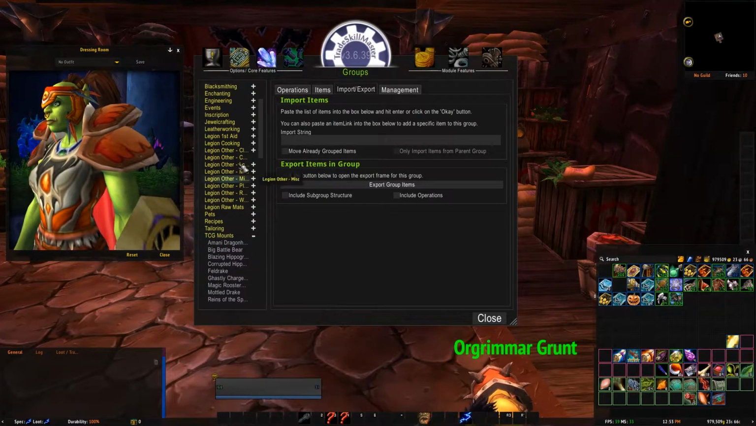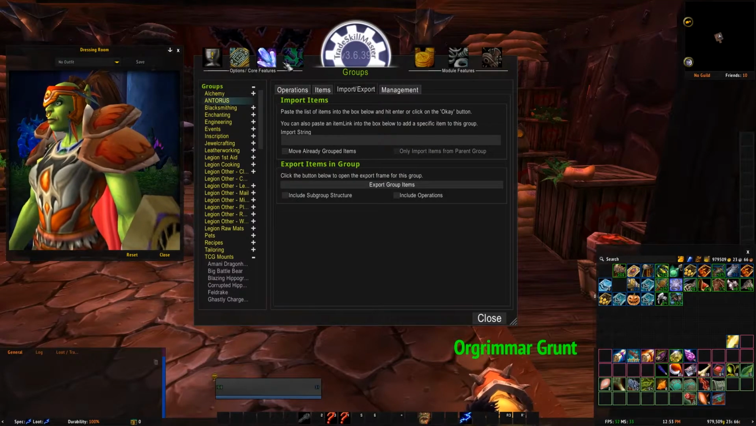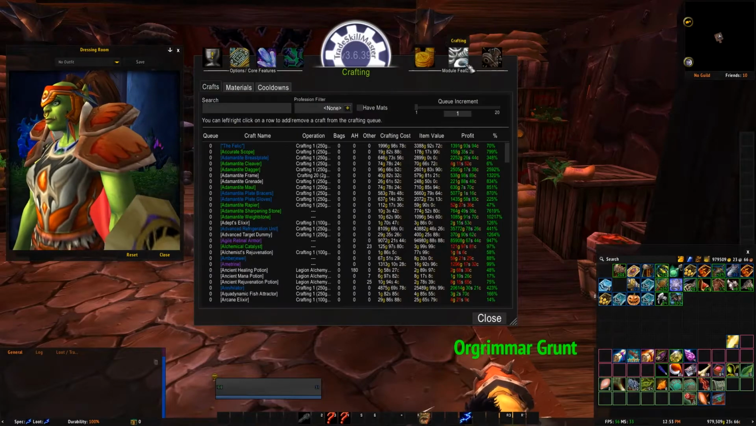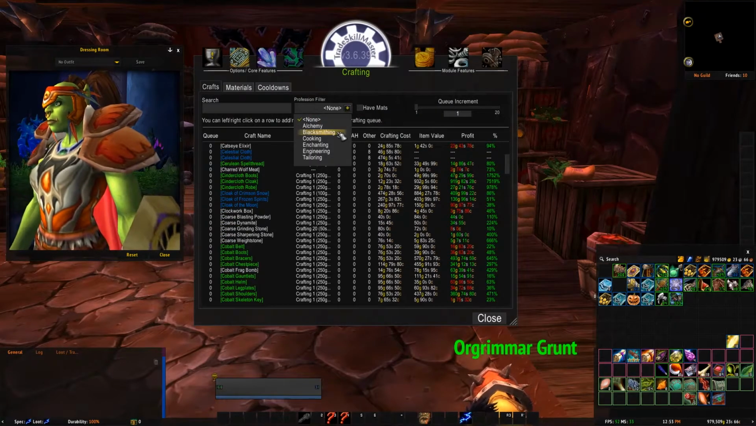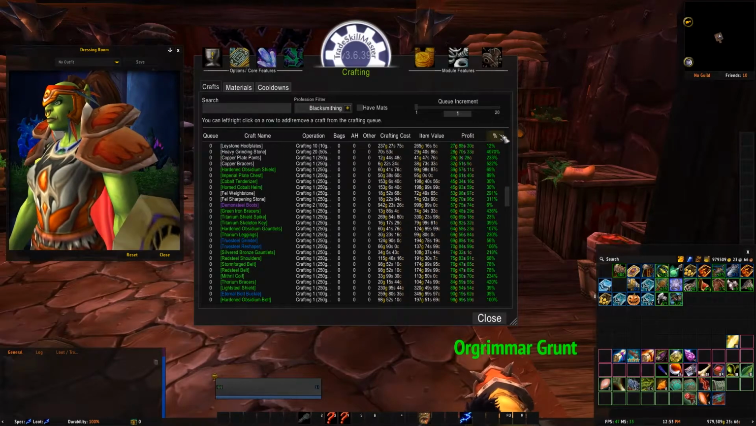Again, have a look at the list. See if you've got a profession that's going to make you some money. Go through it all. Again, you've got the crafting options here. Log into each of your characters. Now, if I was to go blacksmithing as an example, my warrior blacksmiths. Now, if I change this to percentage,